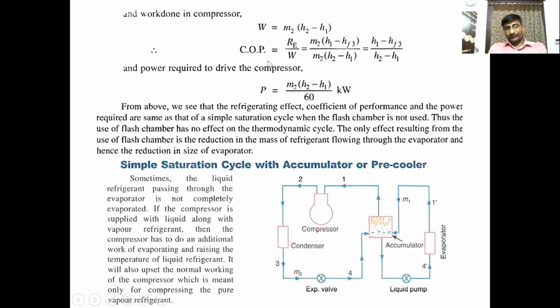It does two jobs here. Only liquid refrigerant is passed to the evaporator. In case of any partial evaporation, the liquid refrigerant can be avoided from flowing to the compressor. We use this accumulator to avoid liquid refrigerant flowing into the compressor. So both the functions will be done by the accumulator.